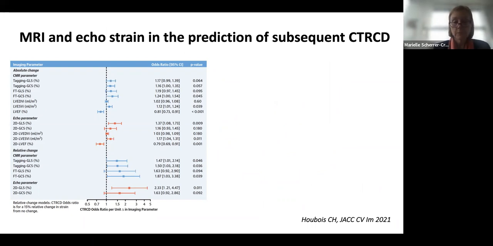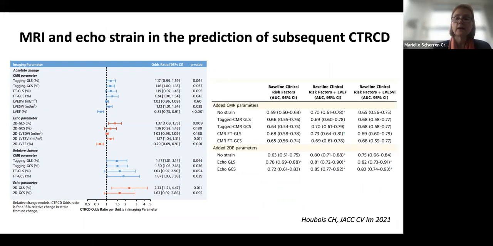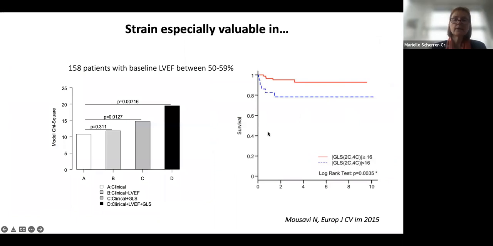This is a recent paper from the team of Dinesh Davendaranathan in Toronto. And interestingly, I thought in that particular paper, they certainly showed that the 2D echo parameters, adding the strain in particular, was actually at this point better than adding the MRI strain. So I would like to give some ideas of when it's valuable to use strain, because there is quite a bit of controversy with that. I'm going to go into a bit more. And I think that this is actually an important